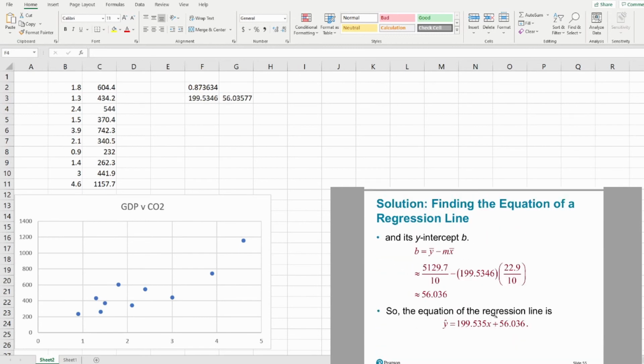We get the pieces for our regression equation, 199.535 and 56.036, approximately, anyway. And then finally, if we want to get our